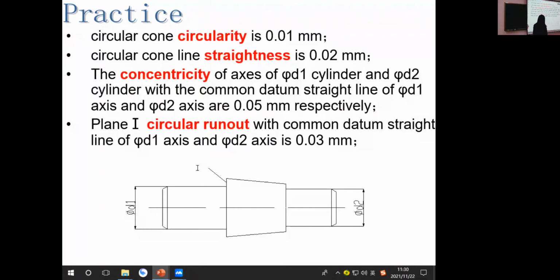Concentricity of the axis, this axis and this axis, with the common datum D1 and D2, is 0.05